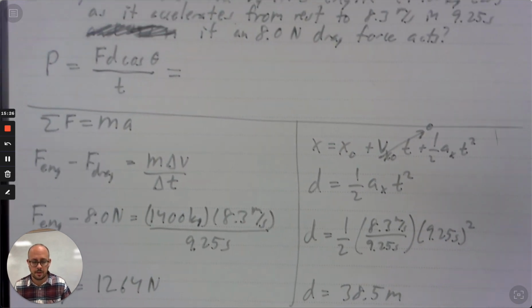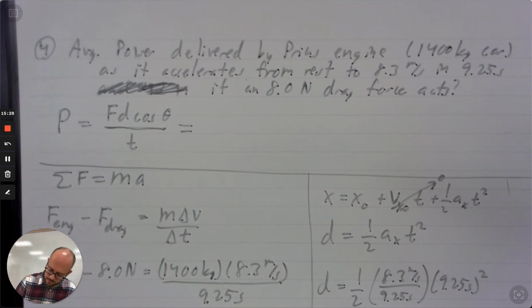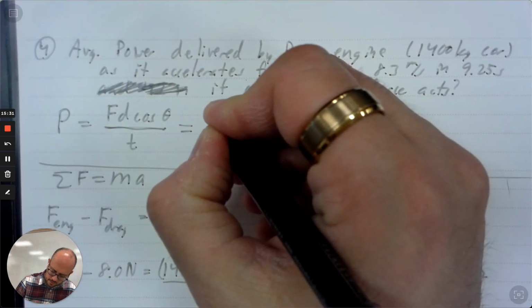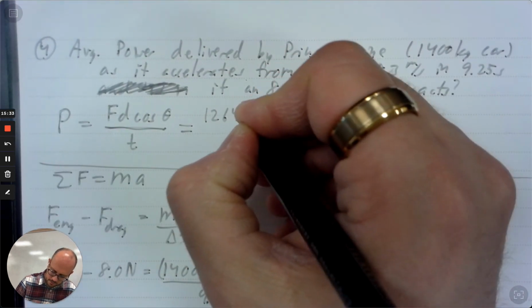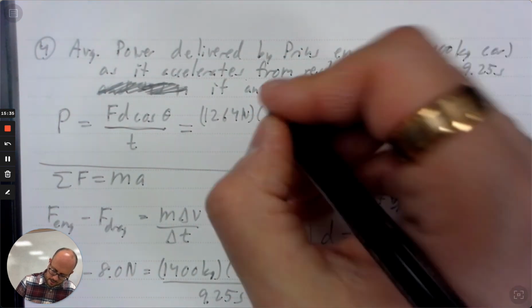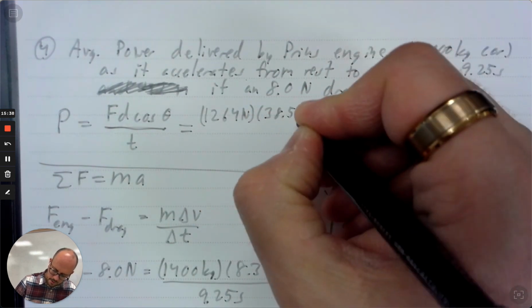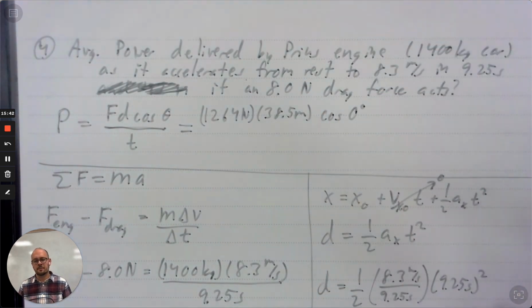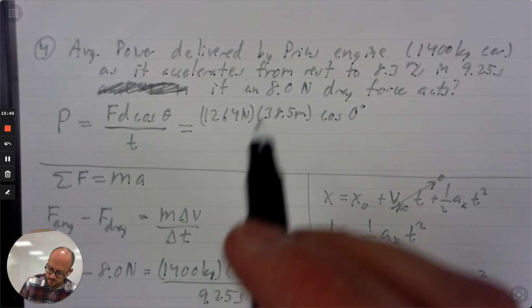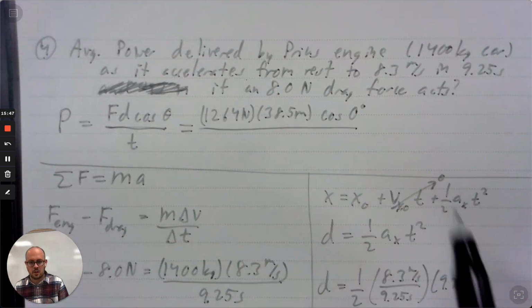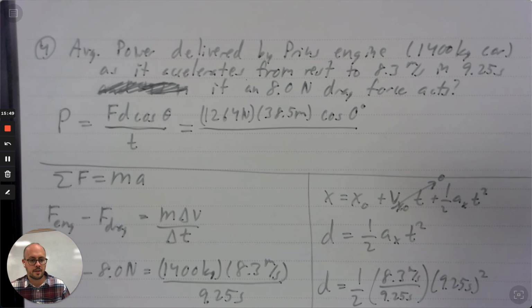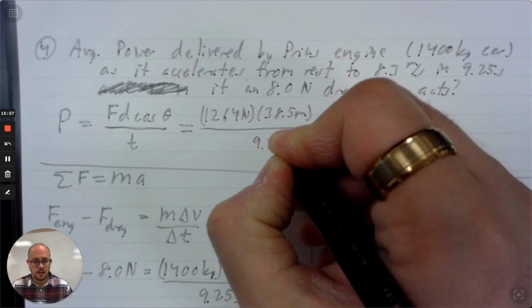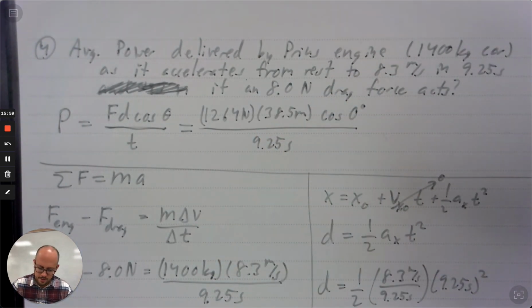So I go back up to my power equation. I put in my engine force, 1264 newtons. I put my distance, 38.5 meters. It's going to be the cosine of 0. I'm glossing over that bit right now and saying that the engine is going to cause a force that's in the same direction that the Prius is going to accelerate, and then 9.25 seconds in my denominator. So I divide all that out, and I get